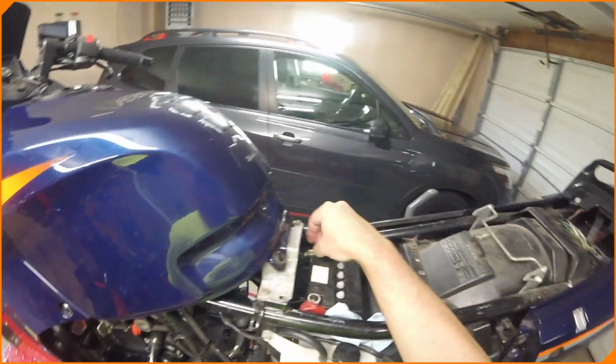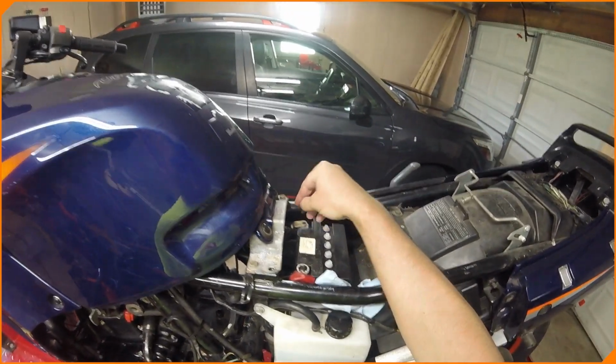We'll give it a hell of a cleaning, or check, make sure it's not leaking anything. There were a couple drips. It could be a seal or something, but honestly,